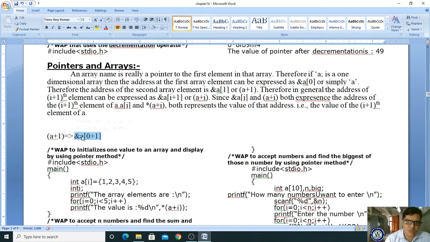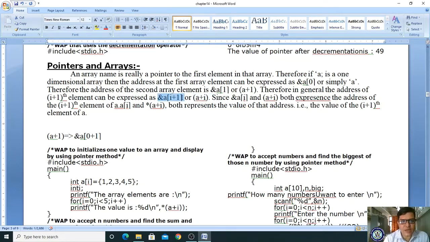Now therefore, in general the address of the I plus 1th element can be expressed as ampersand A of I plus 1 or simply A plus I. For example, I have n elements. If I want to access the address of the I plus 1th element, how can I represent it?